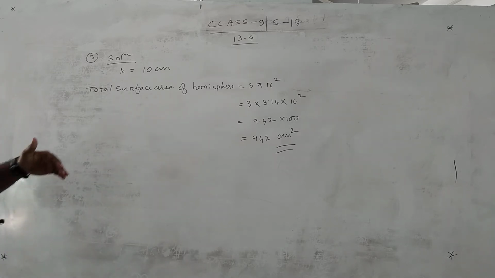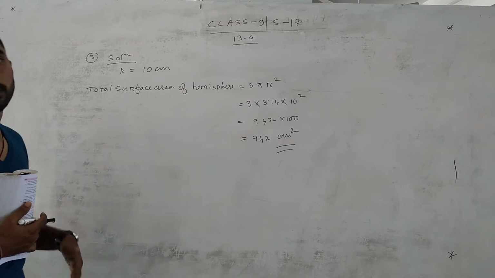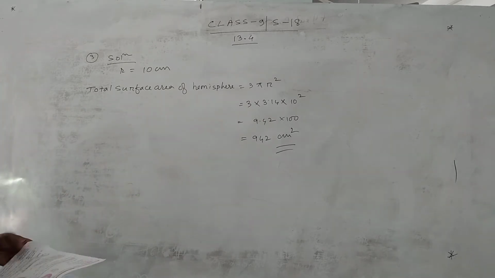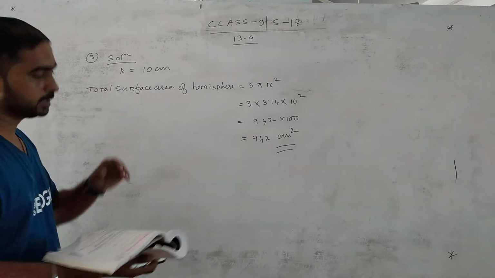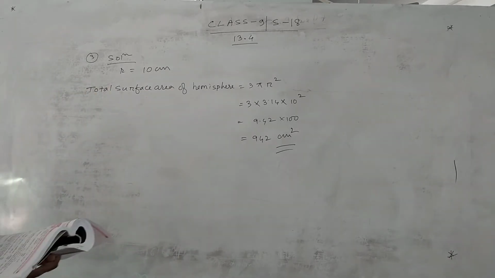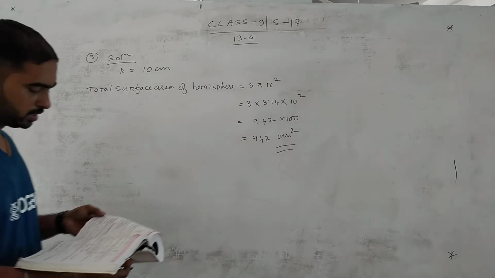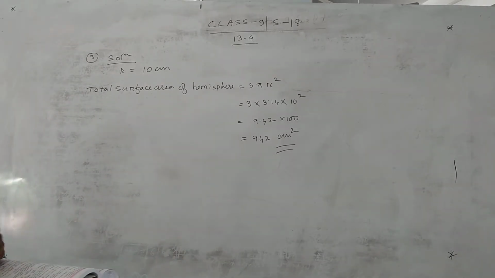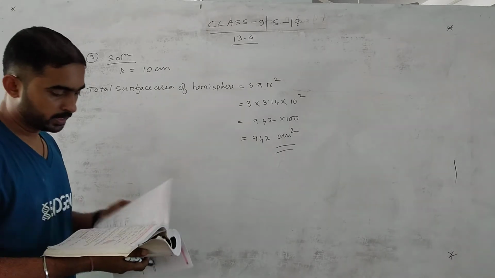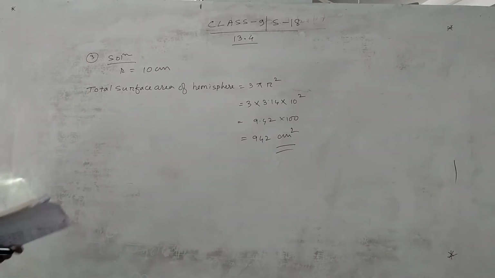Here in this session we are trying to finish 13.4, all the questions. There are maybe hardly 9 questions, so we are trying to solve all the questions in this session. Then in the next session we are trying to solve all the questions of 13.5 if possible. Then 13.5, 13.6, 13.7, 13.8. So 3 or 4 more classes. Then this chapter will be finished. Then after that we'll do some extra questions.